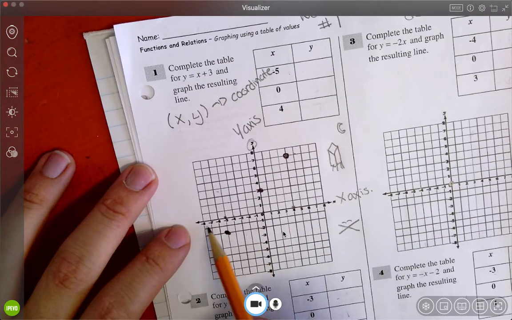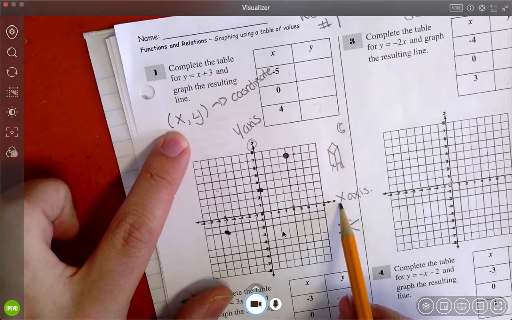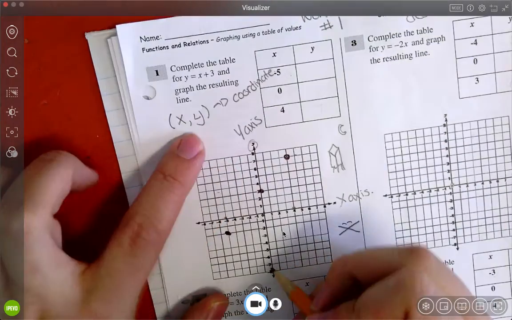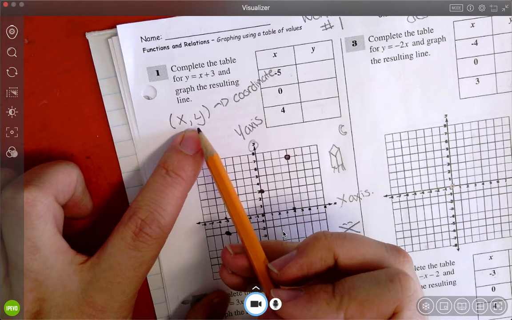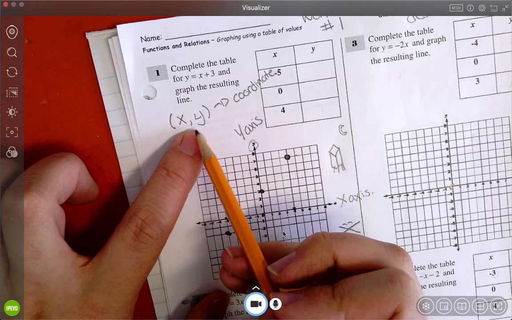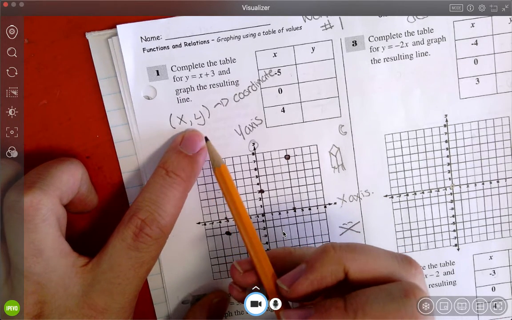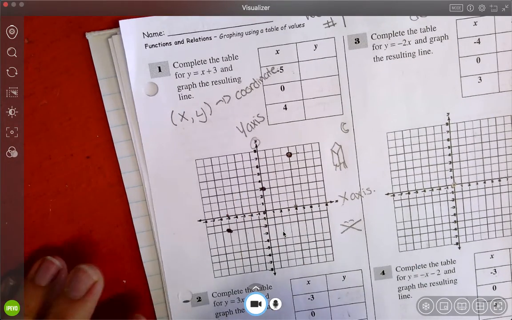So this is your x-axis. Here are going to be your x values. Your y-axis here, the rocket, is going to be your y. Today's a fresh day, we're starting something new. I don't want you to miss out. Brand new. So if I give you the coordinate